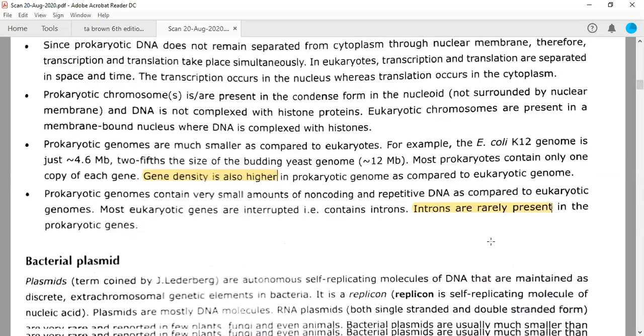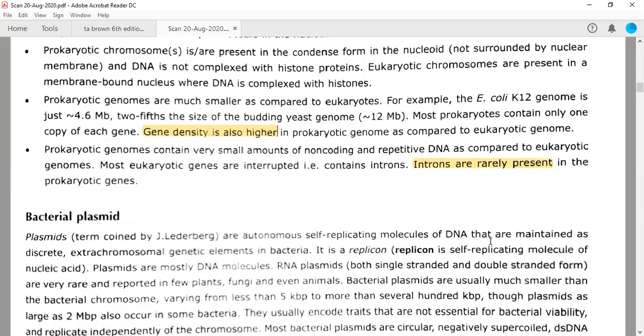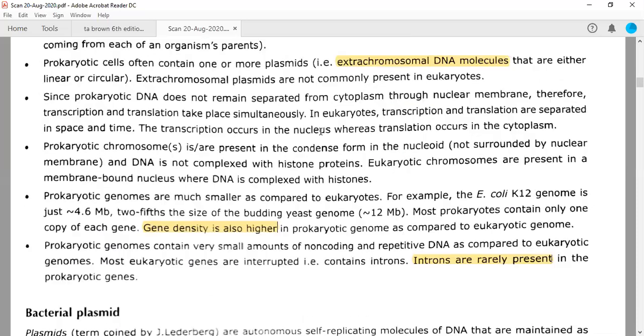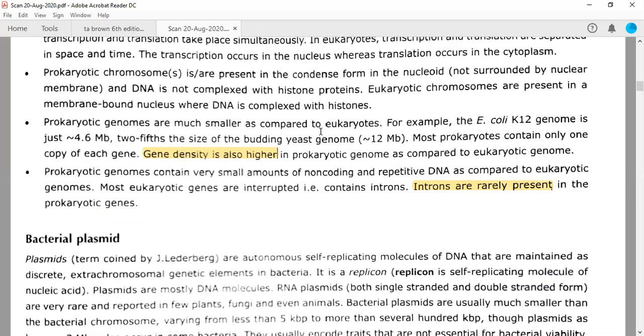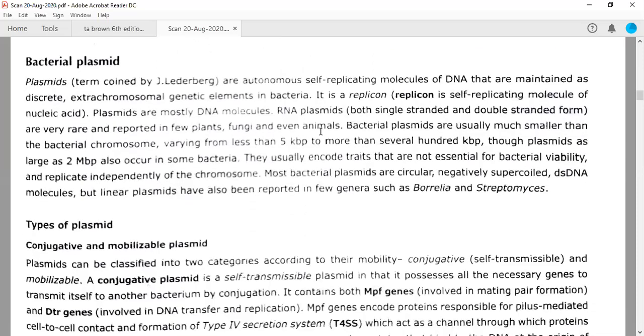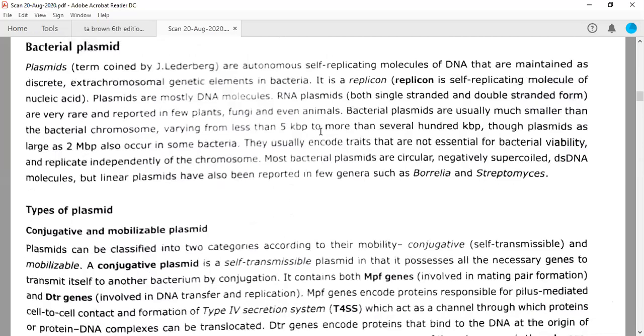So there are certain differences not only in the DNA, because this is monoploid and haploid in prokaryotes, but it is diploid in eukaryotes, which means it is having two sets of genes, each gene in eukaryotes. Also, there are differences in proteins which are helping the condensation of this DNA inside the nucleus in case of eukaryotes, and inside the nucleoid region in case of prokaryotes.